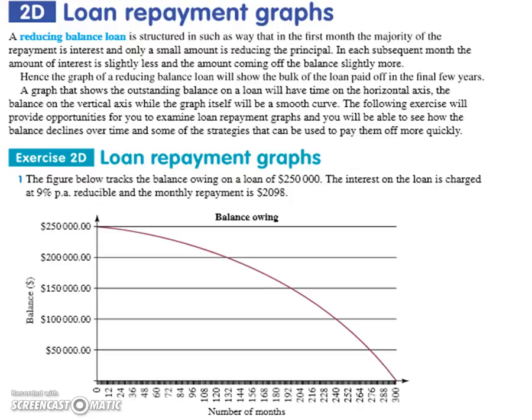What happens is, in essence, your first few repayments, if you think about the amount of interest you're paying, because you're paying interest on everything that you owe, which is the total amount to start off with, your repayments will only just cover the amount of interest that you get charged. So in other words, your balance, your actual principal that you've borrowed, will only get reduced ever so slightly. So you can see in the graph that when you've got this loan, over the first 12 months even, you're only just reducing your principal,